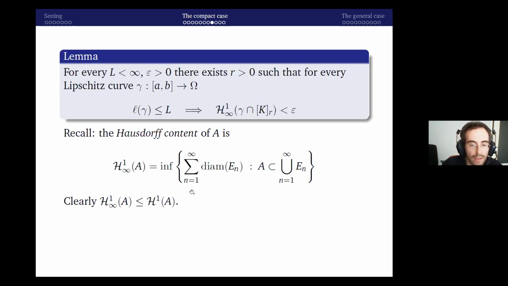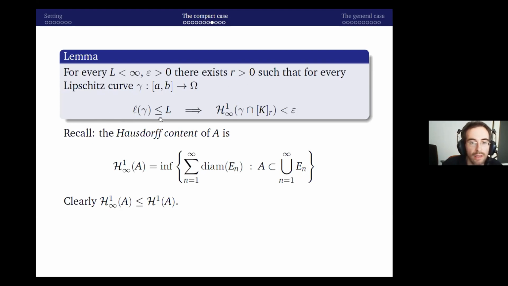In fact, the Hausdorff measure is the same thing, but we also add restrictions on the largest possible size of these sets En. So this is smaller than the Hausdorff measure. Okay, so let's prove this lemma, which says that for every maximum length L, we can find a neighborhood